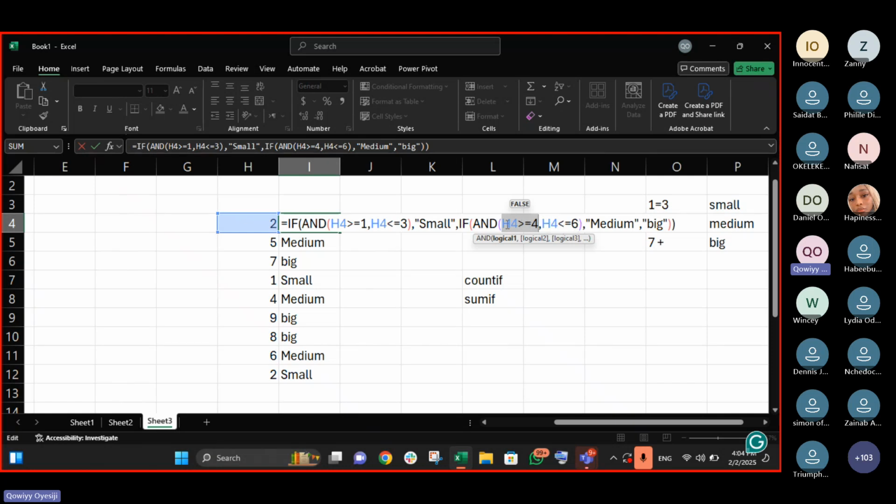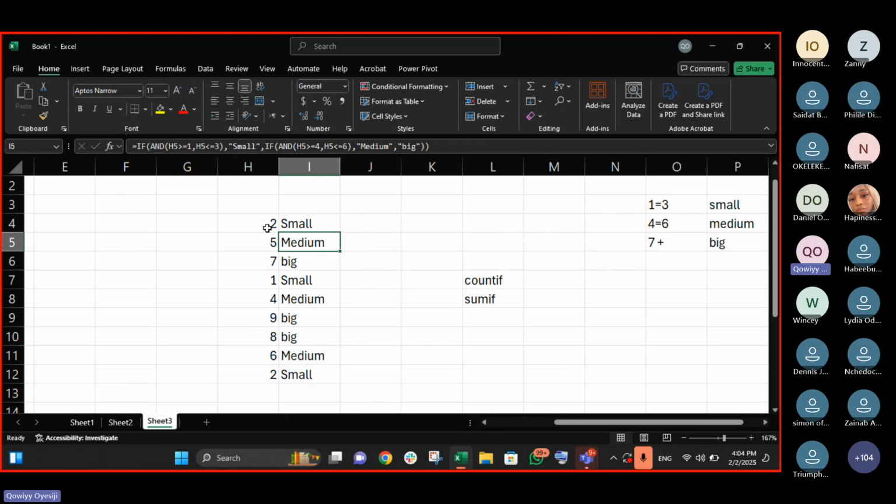If it falls in this range, give me medium. If it does not, that means it will be from 7 upward, so give me big. That's why I'm having this: 2 is small, 5 is medium because it is between this range, 7 is big. Is it clear? Okay, yes, thank you.